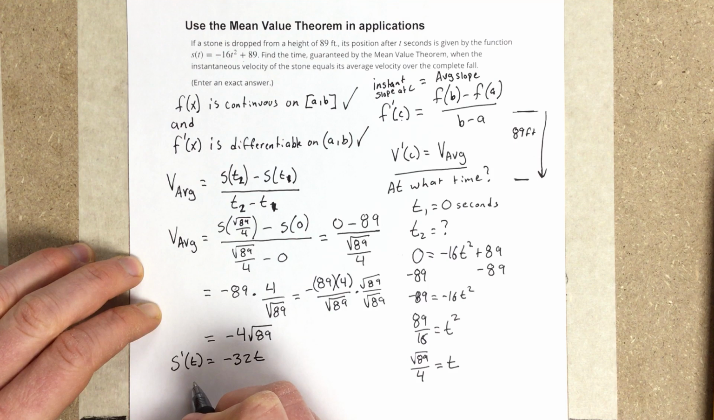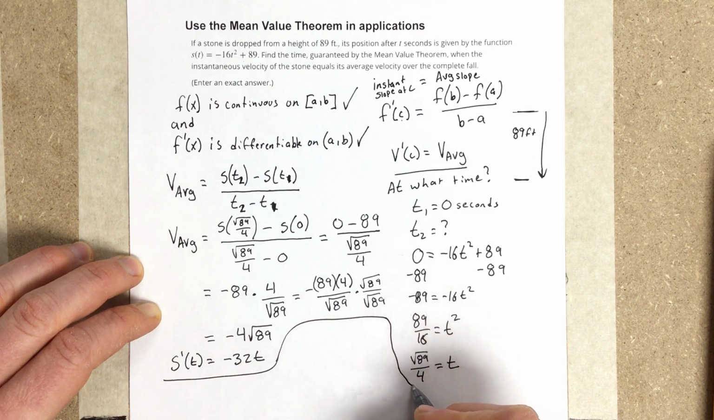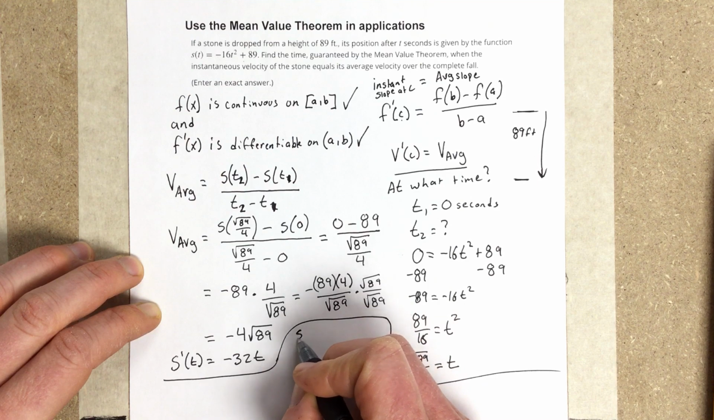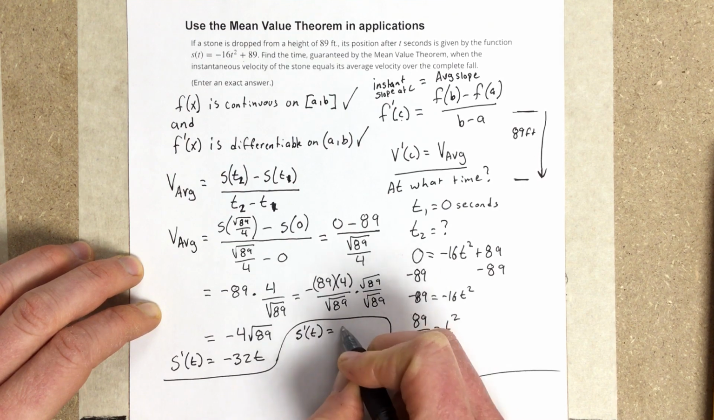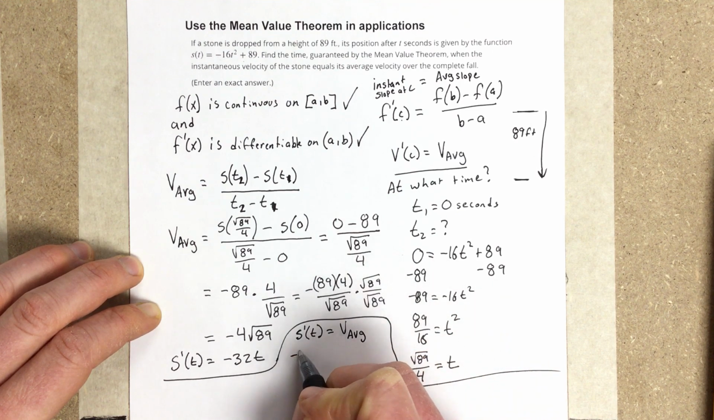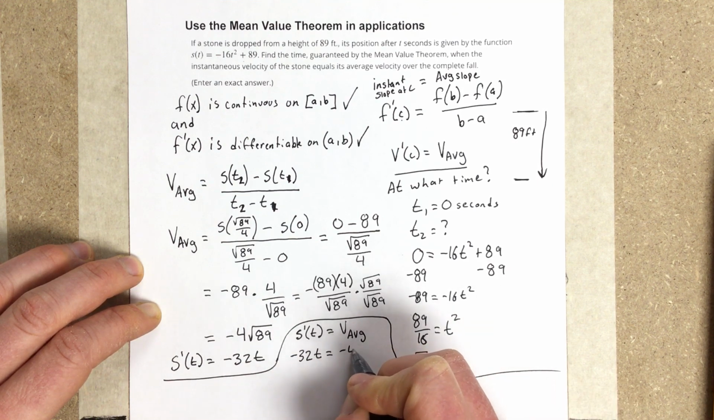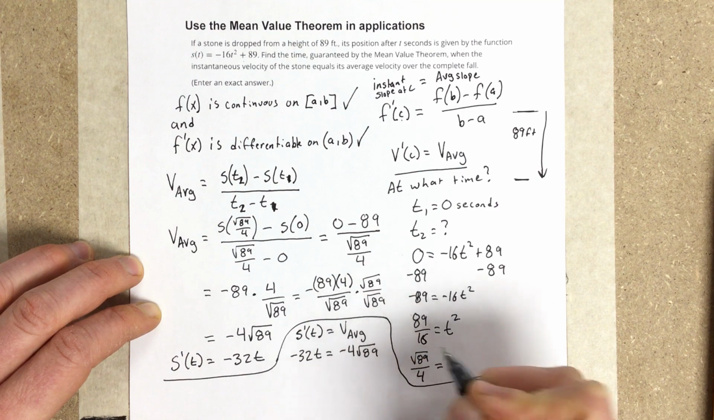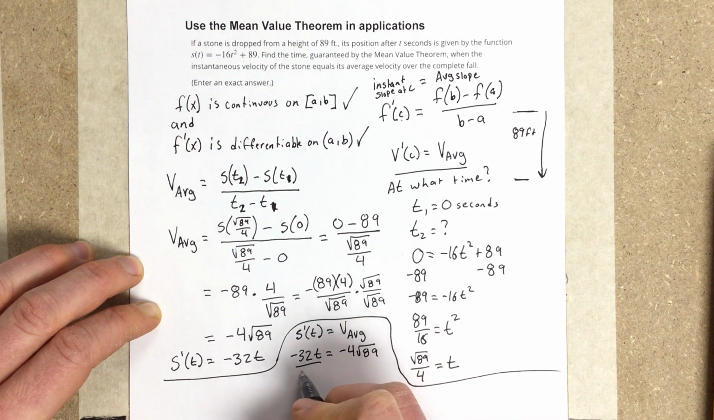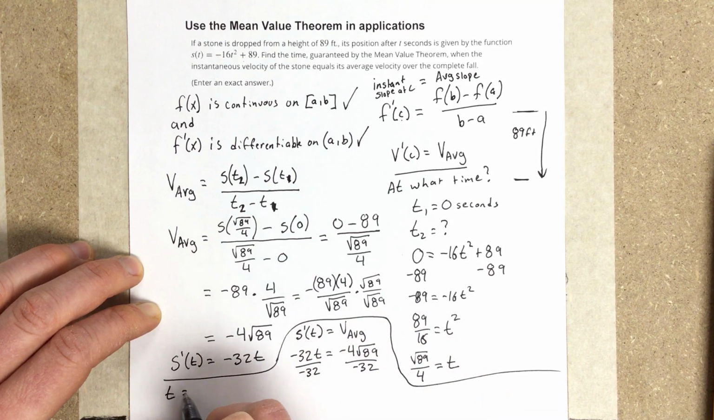So I can go ahead and start writing this out. I can say S prime of t is going to equal the velocity average. Well, S prime of t is negative 32t and the velocity average is negative 4 root 89. So I can solve for t now by dividing by negative 32 on each side. And I get t is equal to, when I divide these, root 89